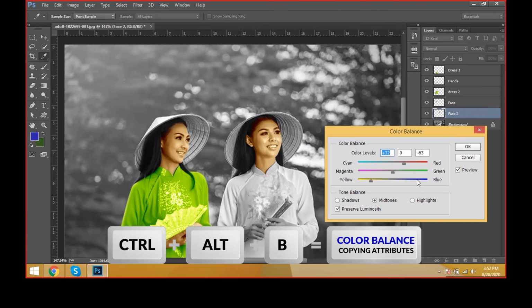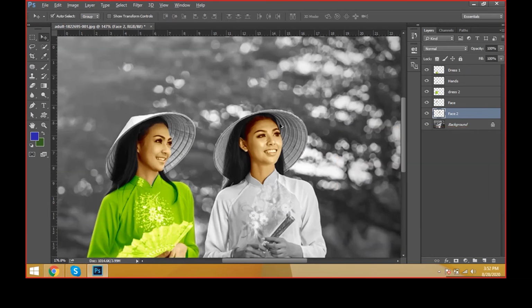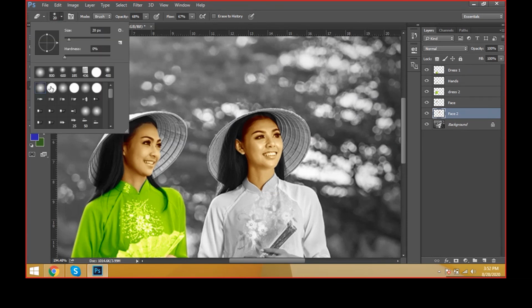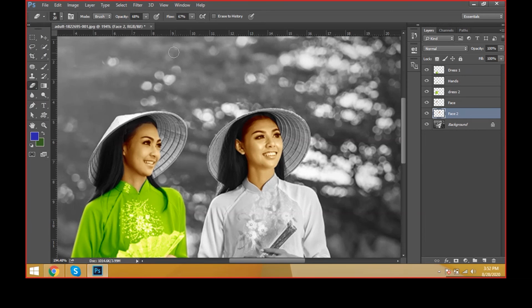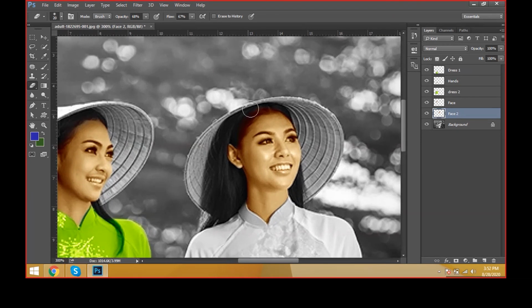Now it is very clear, sir, and it's looking very good. Then the same properties we applied here. Okay, then click OK. Now the same thing, take an eraser tool. The shortcut for the eraser tool is E. Select it and go to the soft brush, decrease the diameter of the size and go to the opacity. We can decrease the opacity some value, and flow also you can decrease, and zoom in here, and you can erase it like this.